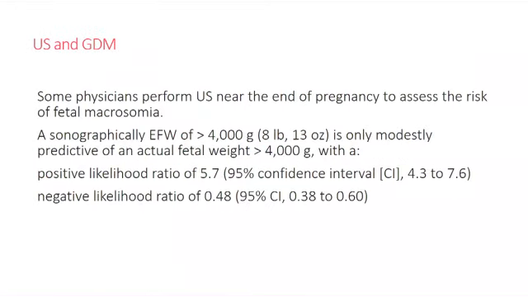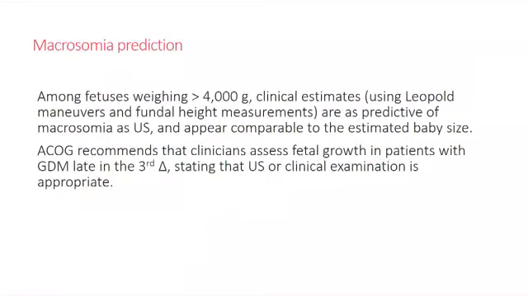Some physicians will perform ultrasound near the end of pregnancy to assess the risk of fetal macrosomia. If the baby's weight by ultrasound is about 8 pounds 13 ounces or more than 4,000 grams, it is only modestly predictive of an actual weight, with a positive likelihood ratio of 5.7 and a negative likelihood ratio of 0.48. I know you like these numbers, guys. They like these numbers, yeah. Macrosomia prediction,